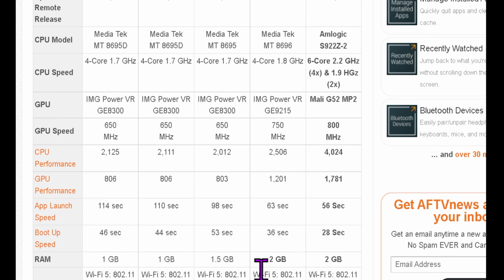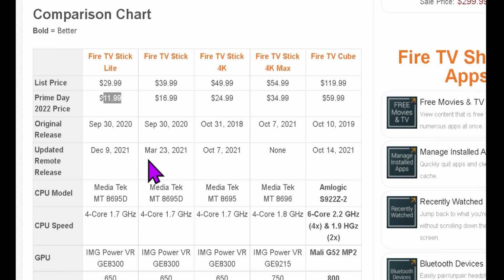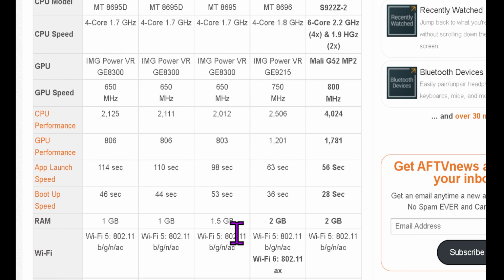On the other devices, because they are newer, if we scroll up, you can see the 4K came out in 2018, and the other ones are 2020, 2021, and 2019 with the Cube, right? So the other ones can have some compatibility issues when it comes to icons. Now, there are fixes if you dive down that rabbit hole. It's just a little bit more work that you've got to put in. Now, if we go into